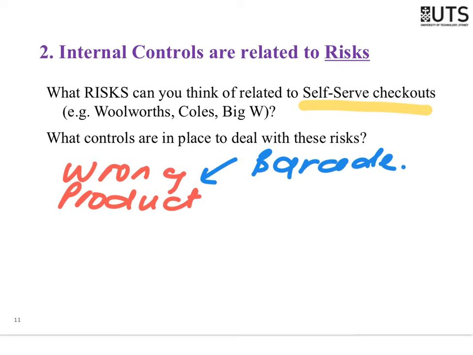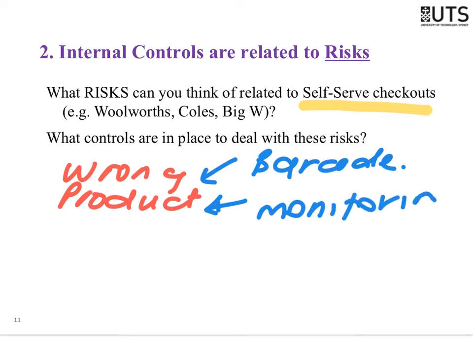Now, remember the example I gave, the story I told you about the grapes and the cherries? Yeah? With fruits and vegetables, you actually have to pick what fruit and what vegetable you are buying. You need to pick which type of apple you are purchasing, right? So the risk is, well, you pick the one that's cheapest, okay? Now, here's the thing. There's two things there. Number one, there's someone monitoring,